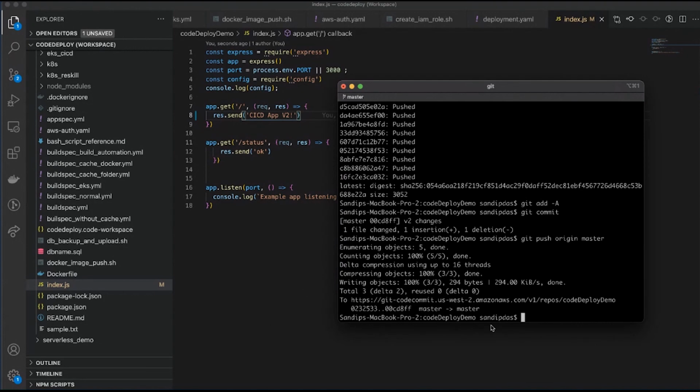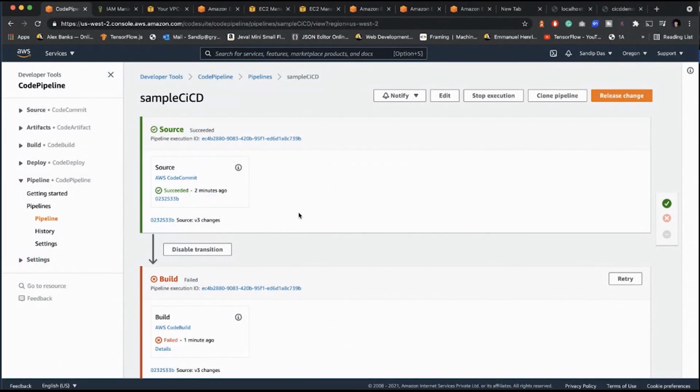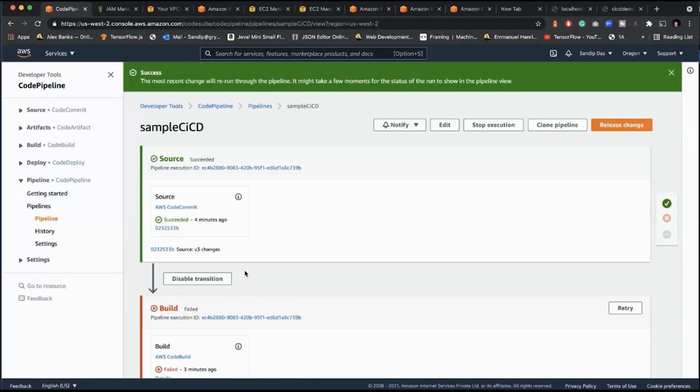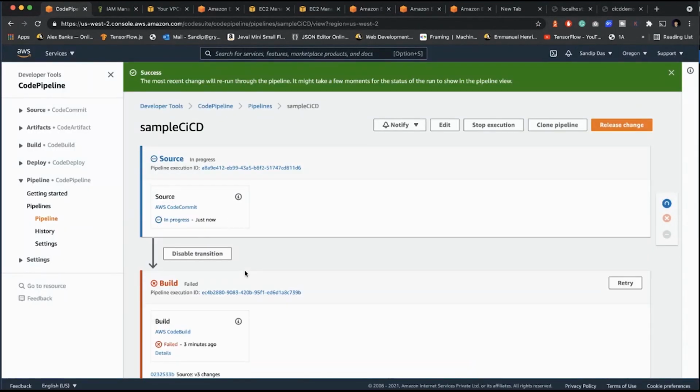As soon as the code is pushed, you will see this CodePipeline start automatically. If you see that it's not automatically starting, you can simply release the change, and it will start again.